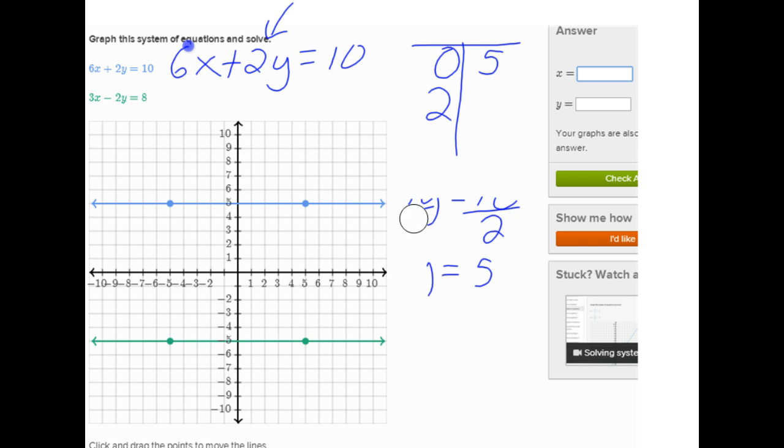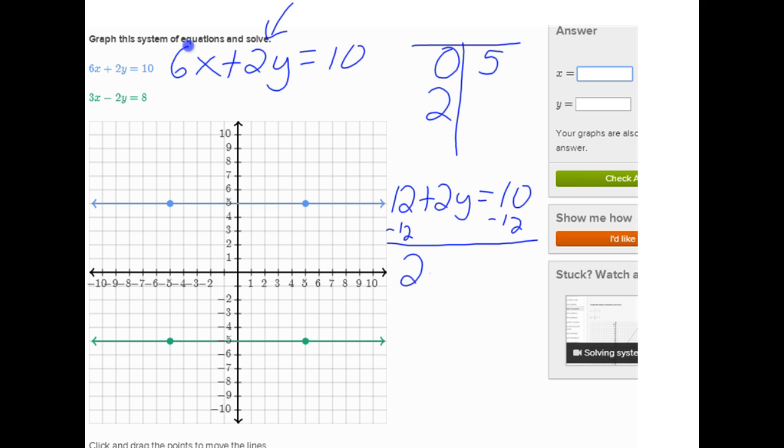When I put a 2 in for x, 2 times 6 is 12, so I end up with 12 plus 2y equals 10. I need to subtract 12 from both sides. This is a two-step equation now. You're either going to add or subtract first, and the last thing that you're going to do is divide. So you're going to subtract 12,